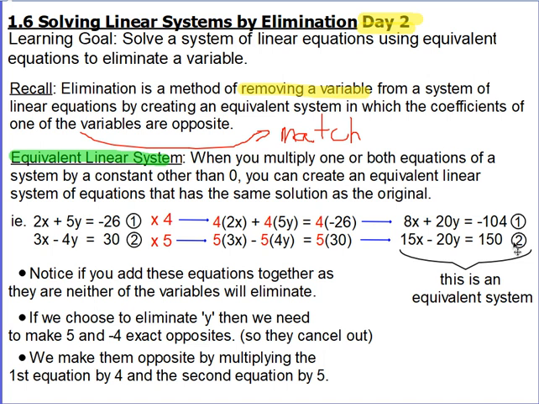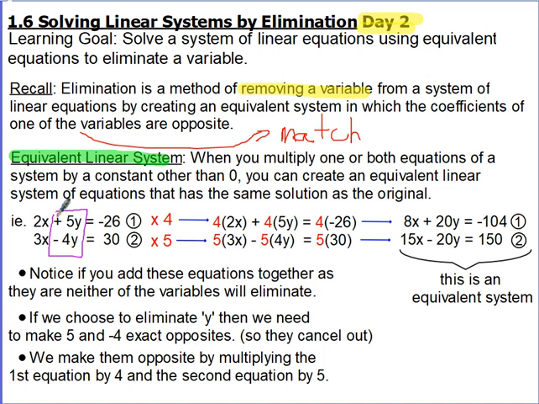So in this particular example, they want us to solve the linear system using elimination. Equation 1 is 2x plus 5y equals negative 26, and equation 2 is 3x minus 4y equals 30. Notice how the x's don't match up and neither do the y's. Neither of the variables match up. So you might be thinking, this is probably not a good question for elimination. Well, if you look closely,